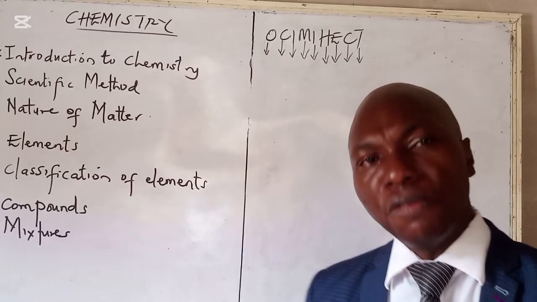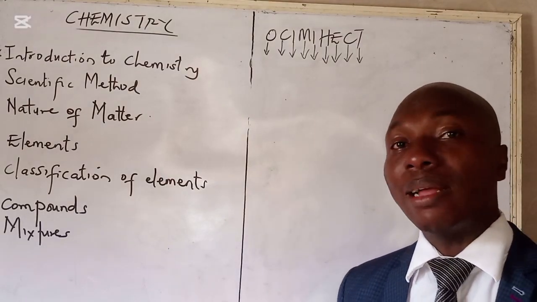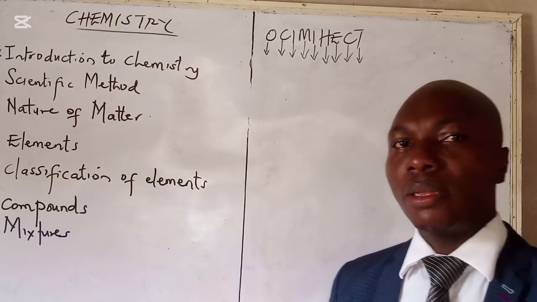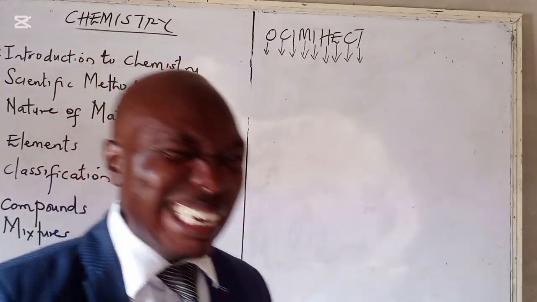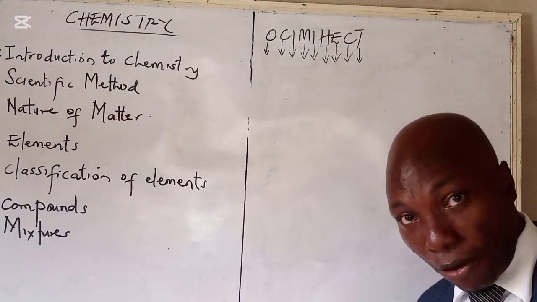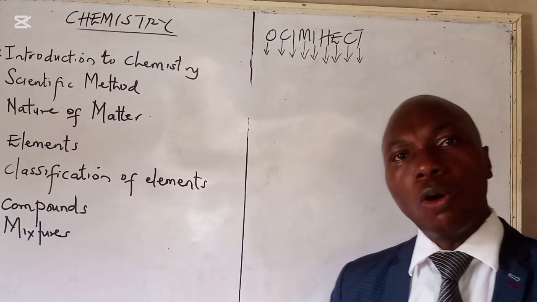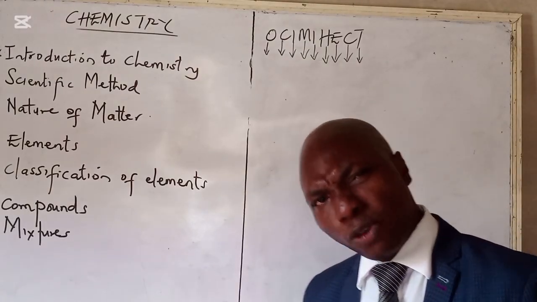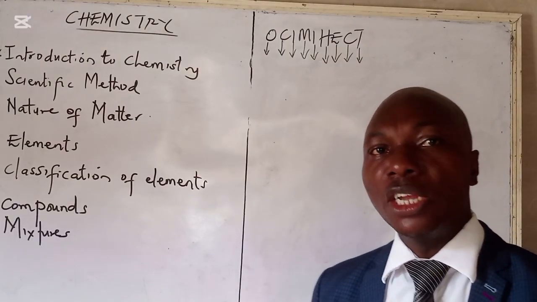Now that we have known physical changes, or one of the physical properties of matter, we also have chemical properties or chemical changes. Chemical changes are changes that are irreversible, that is not easily reversed, but new substances are formed. Examples of such changes are burning of wood into ashes. We see that when you burn the wood and it becomes ash, that is a new substance that has been formed. Other examples of chemical changes include